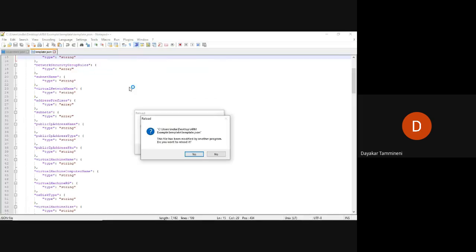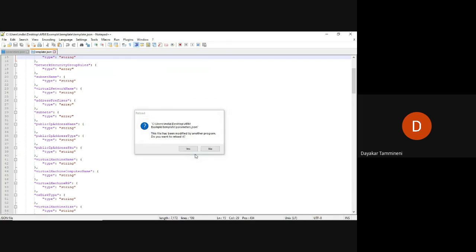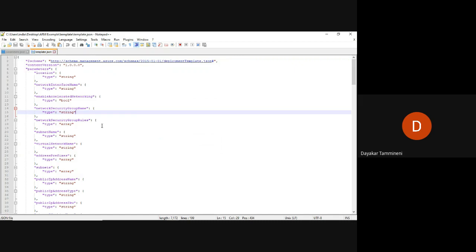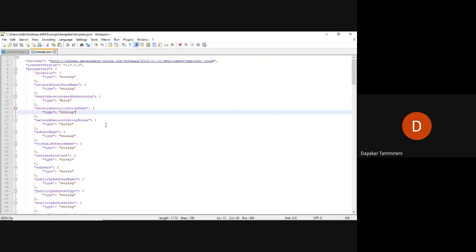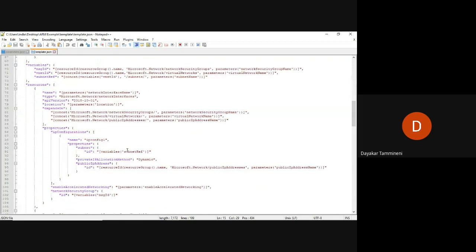Now it has been opened in Notepad++. In Notepad++ editor, you can use the Notepad editor, you can use Edit Plus editor, you can use WordPad, you can use VS Code. Any software you can use.